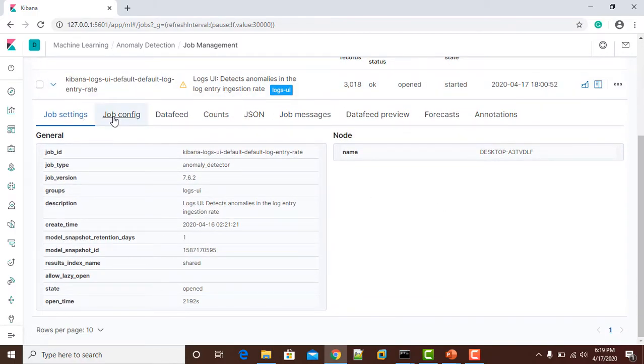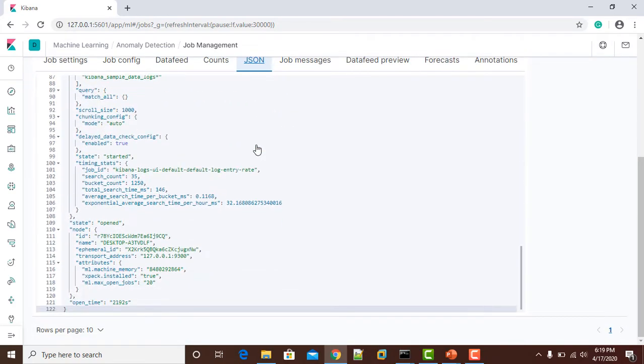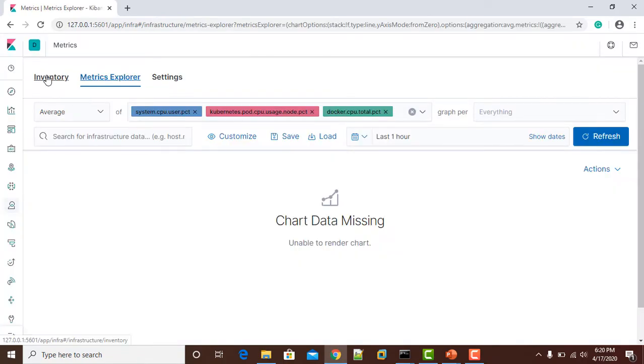You can also find the configuration of the job or the JSON structure of it. Metrics: I didn't set up anything for metrics. We will have a detailed video on how we can do threat hunting with Kibana, where all these things will be covered.